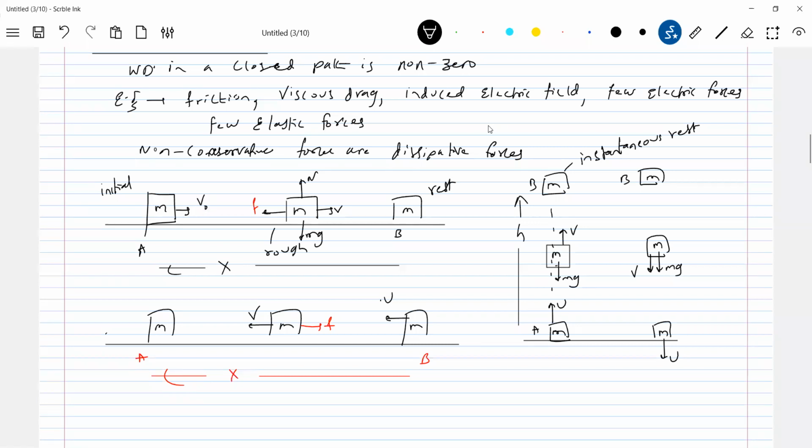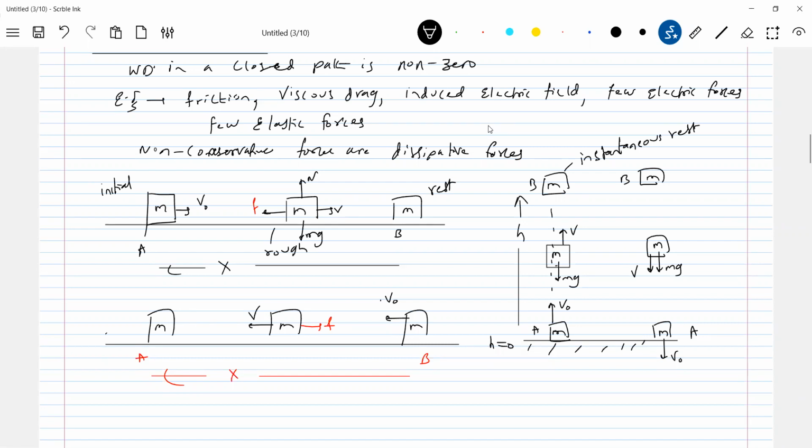Some of you are asking, is it a potential energy? No, it's a velocity. Look at this one. I'll define h equal to 0. What was the kinetic energy at A? One-half m v naught square. Again, when it returns back to the same point A, what is the kinetic energy? One-half m v naught square. So what is work done by weight as it moves from A to B? Negative. When it moves from B to A, positive. So what is net work done? Zero. So no change in kinetic energy.